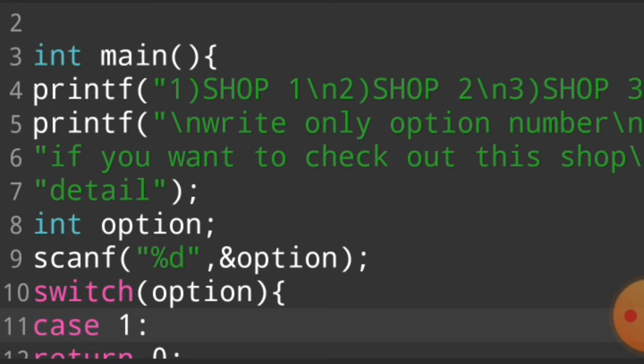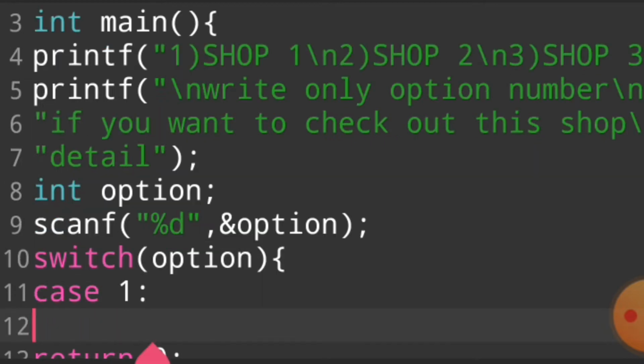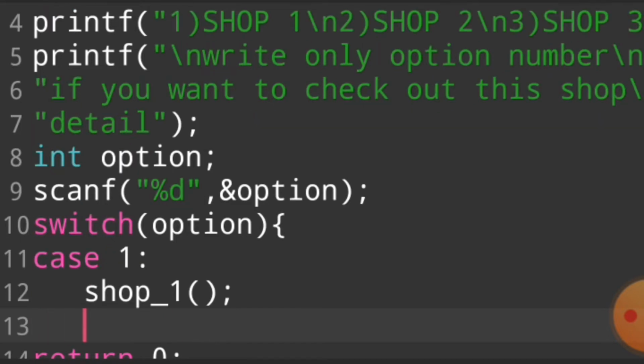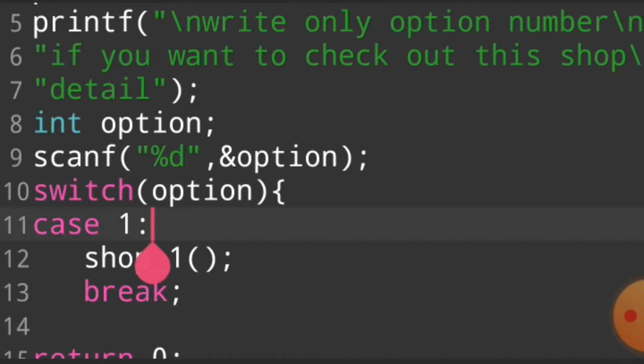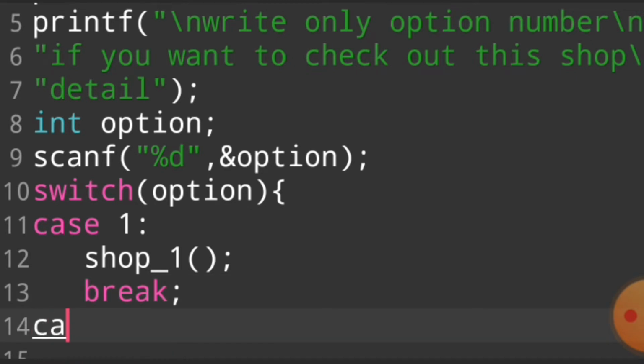If our user enters 1, we call the function shop number 1, and then we use break. If we don't write break, when the execution of this case is finished, it moves on to the next case, and the next case is also printed.